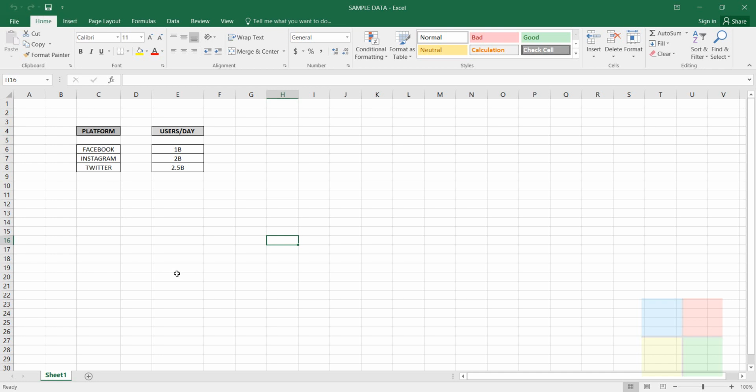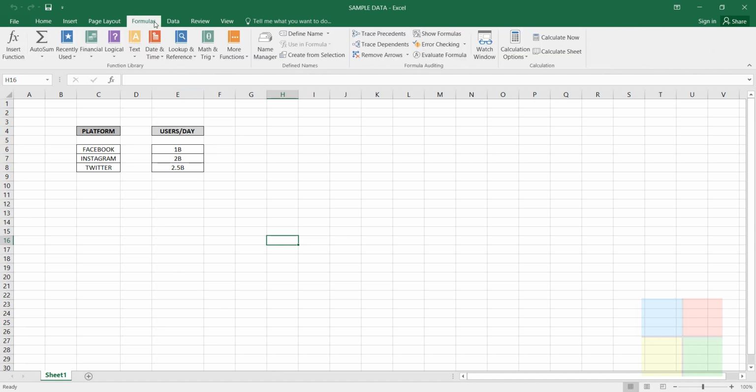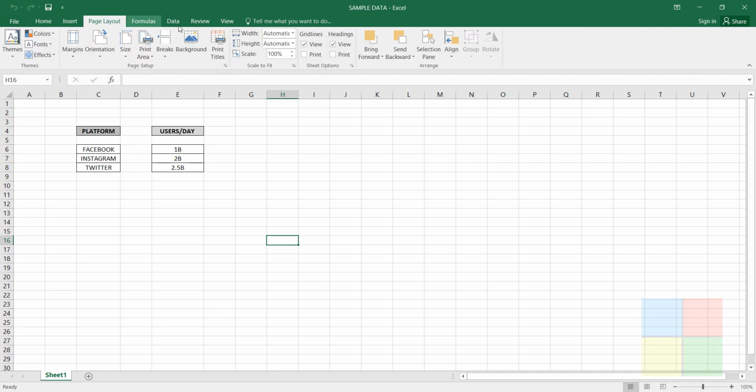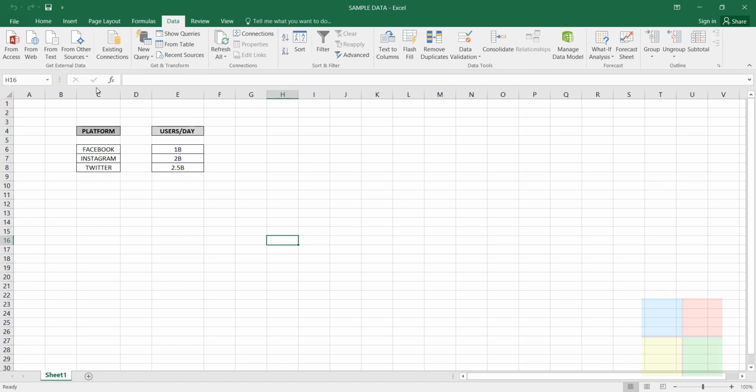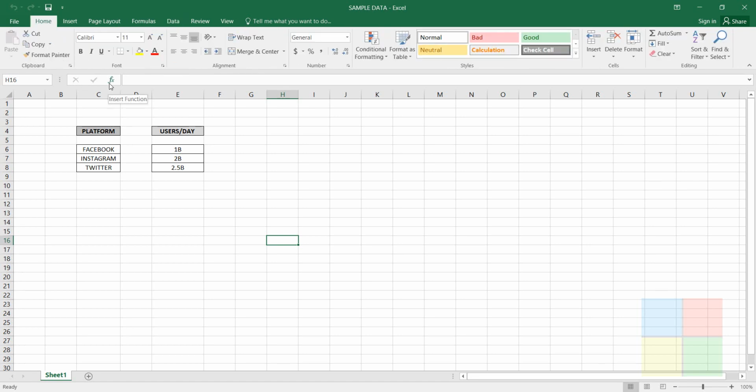So what is the use of this QAT? Just imagine that you are on the formula tab or a page layout tab or a data tab, and you are that person who uses the bold command so many times or the underline command so many times.